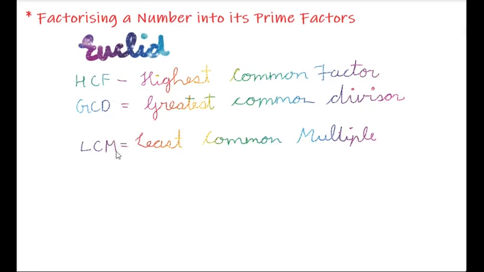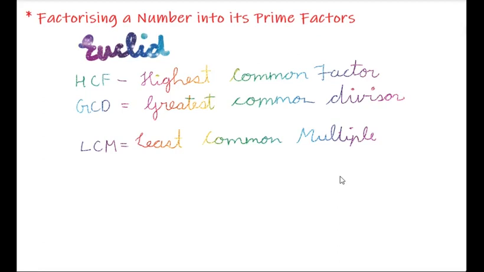What does this rule say? Let us study. The rule says that any composite number, composite numbers means what? The numbers which have many factors. Prime numbers have only two factors, yes or no? That is 1 and that number itself. But composite numbers have many factors, more than two factors. Such numbers are called composite numbers.